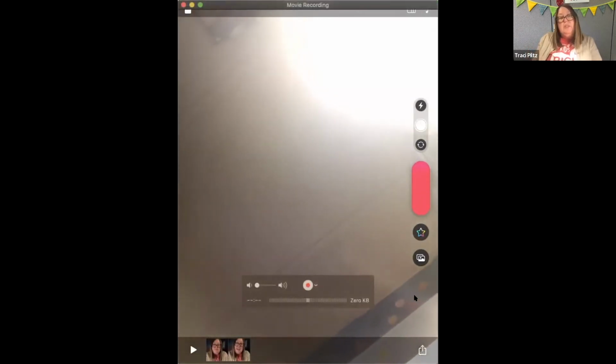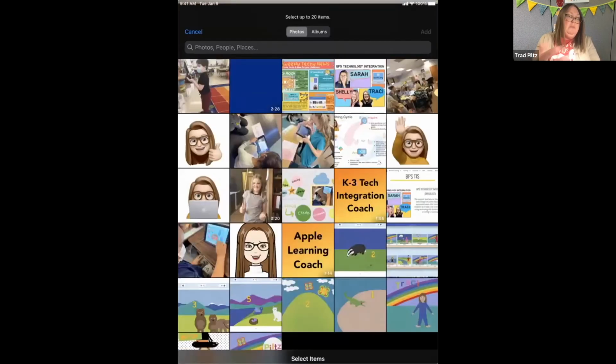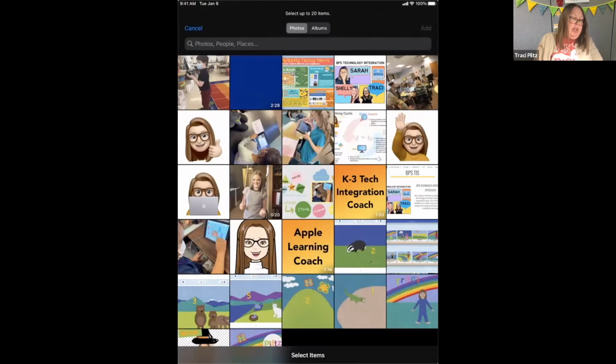If you have media already recorded that you want to add, you can do that as well. So if you click on the little picture or image button right here and click on photos, it will pull up your camera roll. So you could insert a video that you've already recorded, or you could insert a still photo as well. So I'm just going to go ahead and